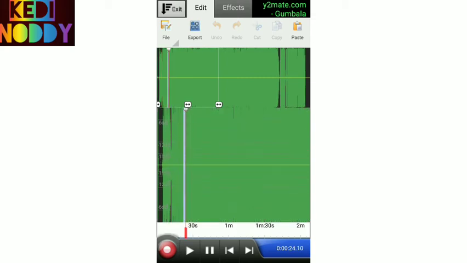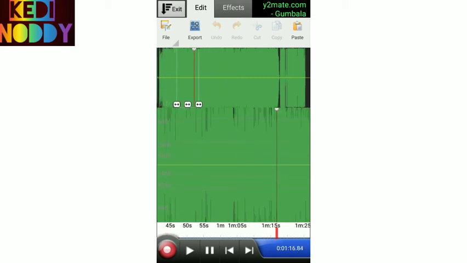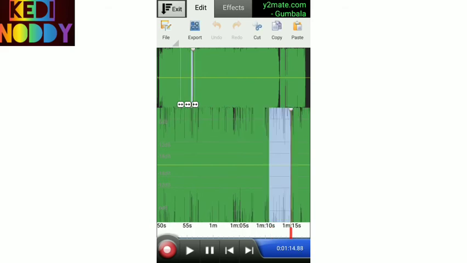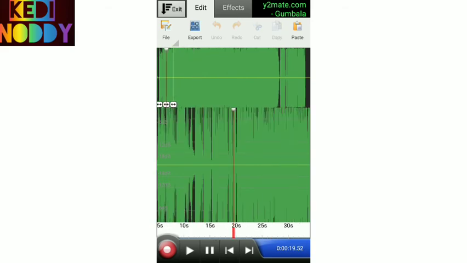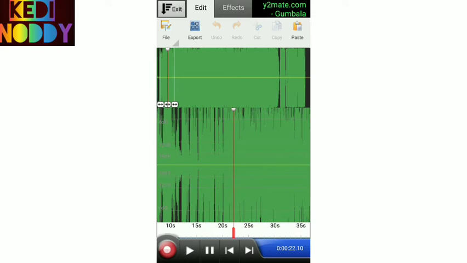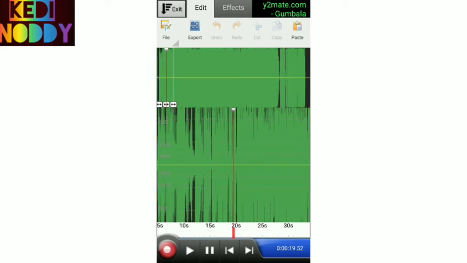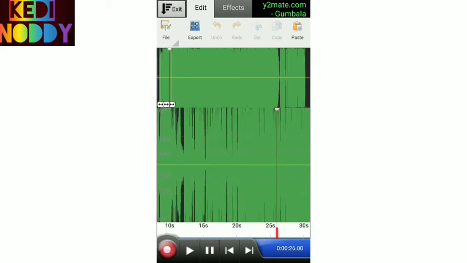Now I go to the first. I zoom it. See, I zoom now. You can also zoom more.